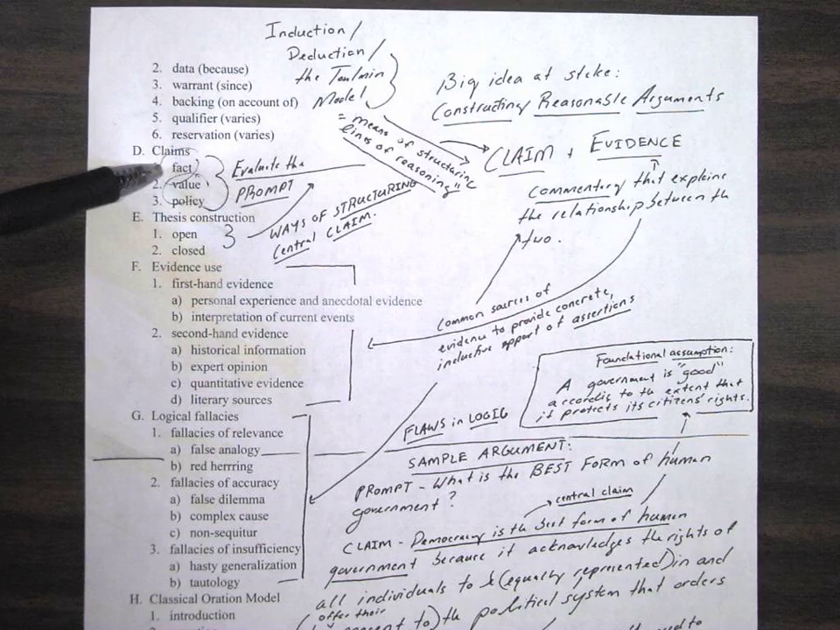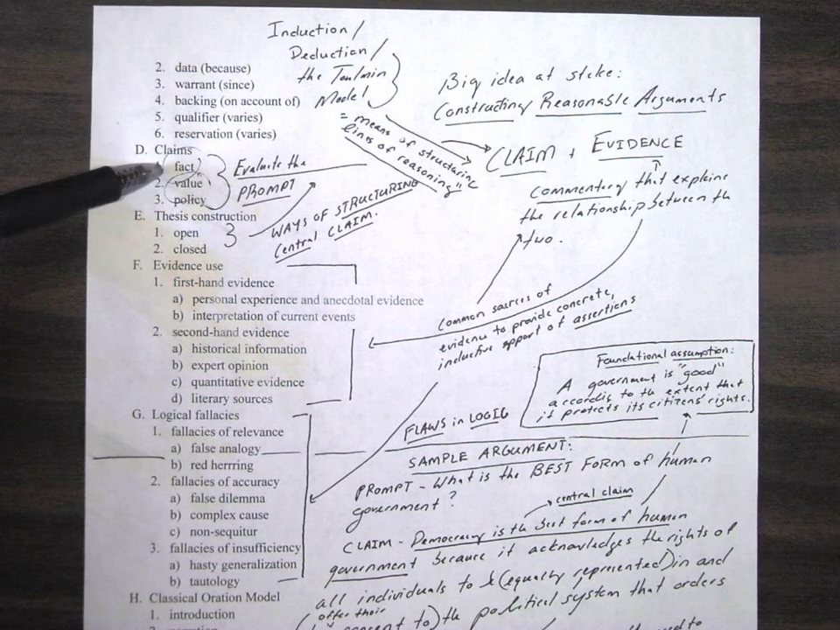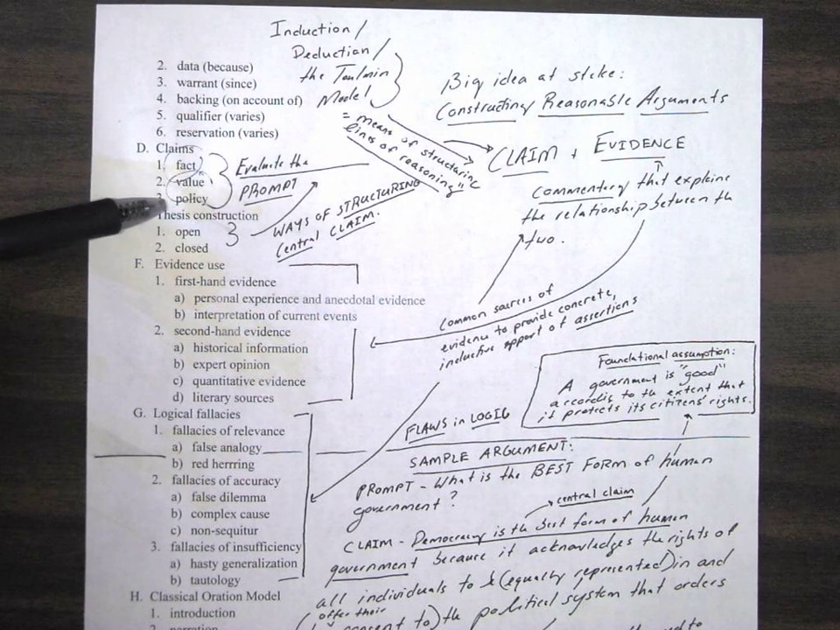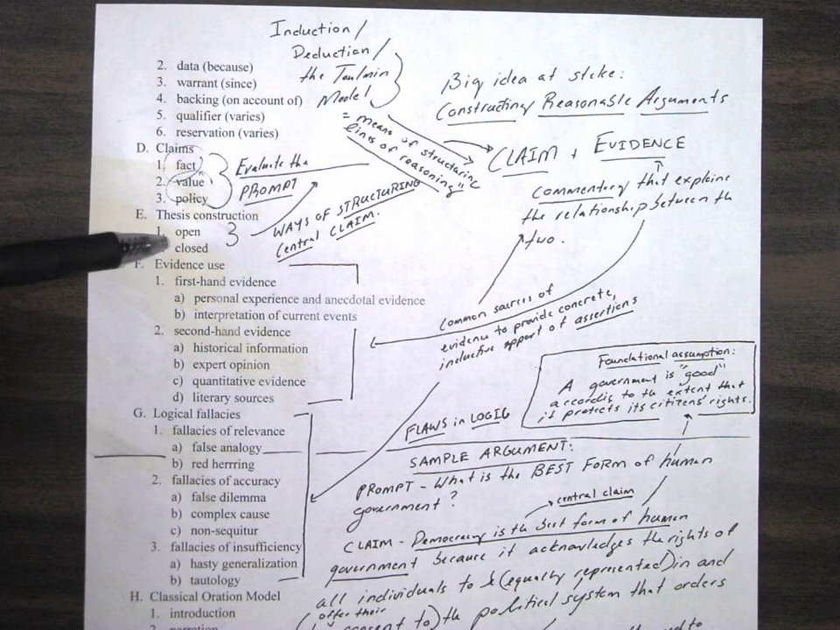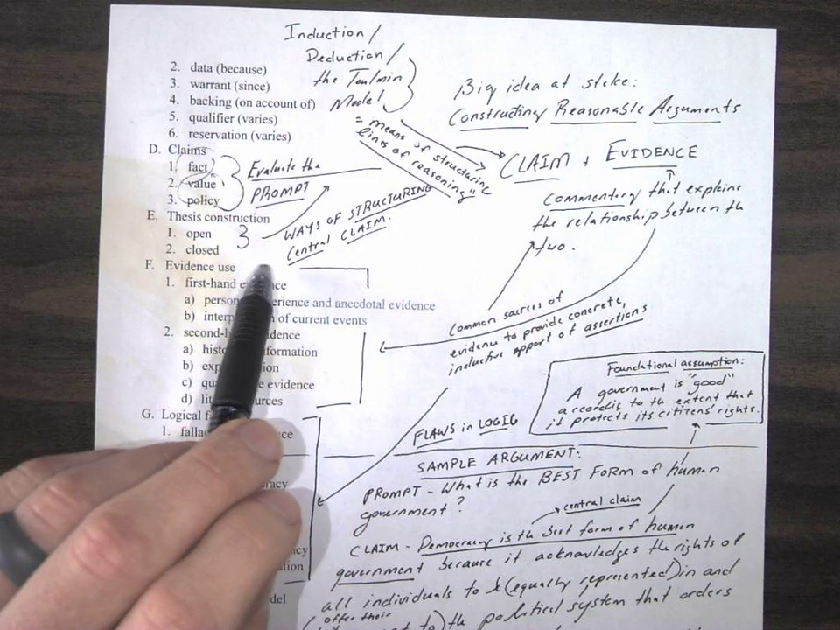And normally, your writing tasks will fall into one of these three things. Are you writing about the facts, the truth of a certain situation, the value of an issue, or what we should do in light of the facts and our values? When we talk about thesis construction, we are just talking about ways of structuring a central claim,